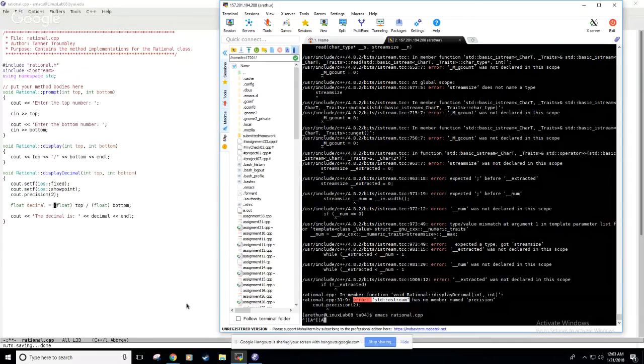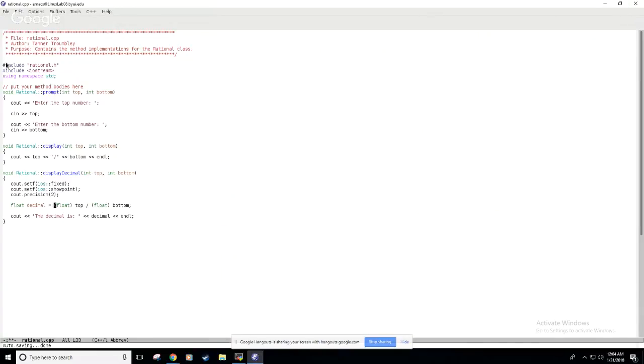Okay. But yeah, we are just about there, I think. I don't know. The only thing I could think of would be to put your using namespace std at the very top, before the first include, before the rational include. That's the only thing I could think of, because that's the only difference that I have in there. Okay. All right. Anyway,